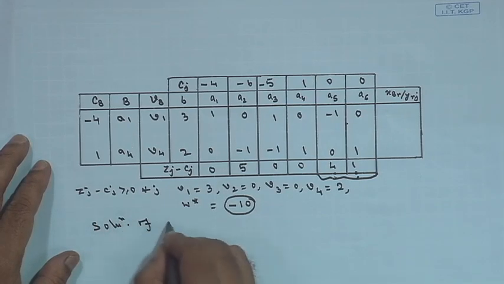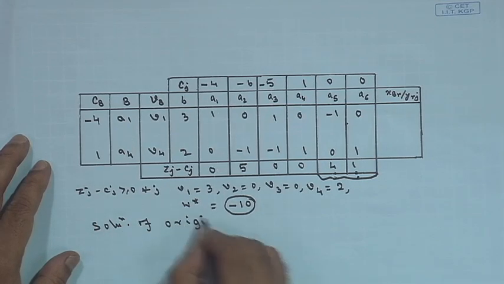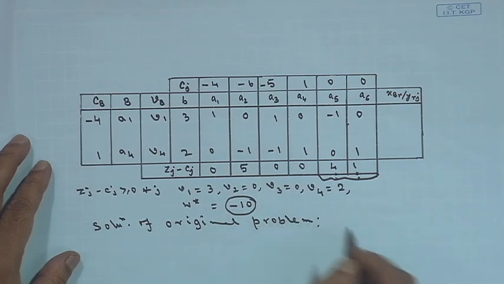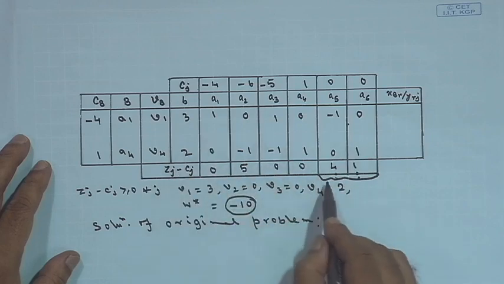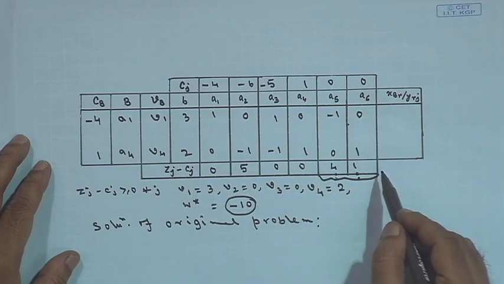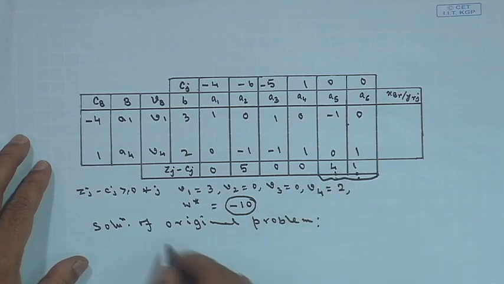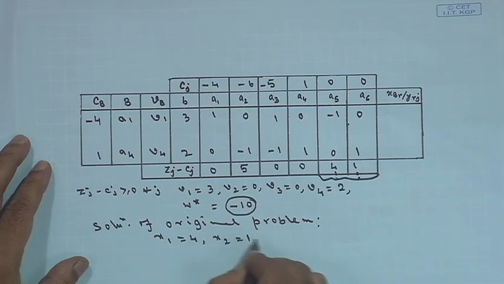So the solution of the original problem can also be obtained from this last table, that is, you take the last columns depending upon the number of variables. So here it will be x1 equals 4 and x2 equals 1